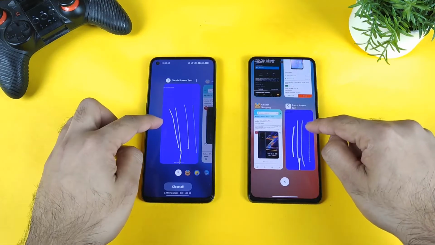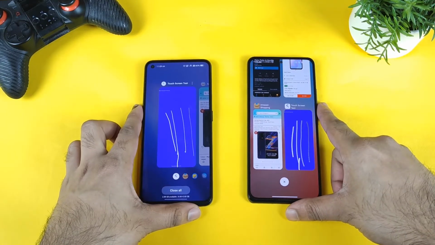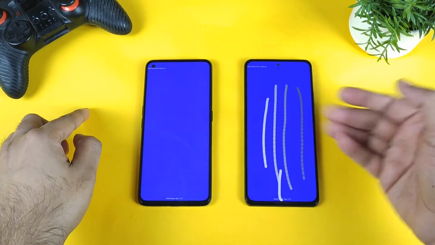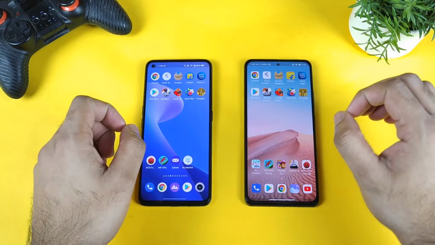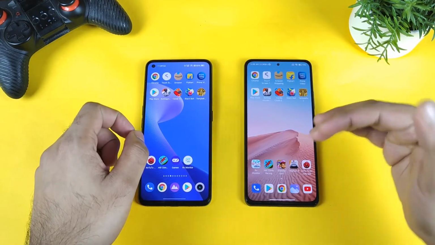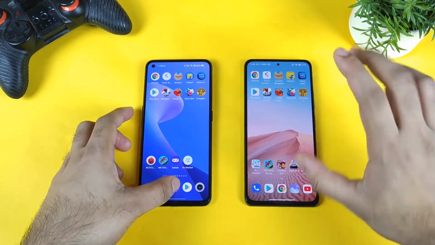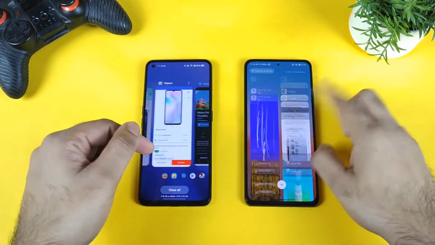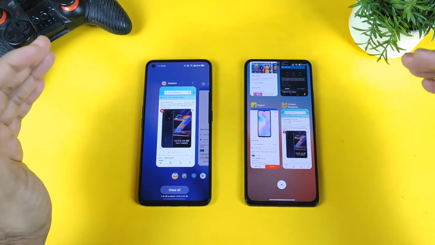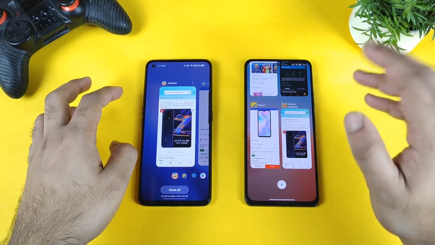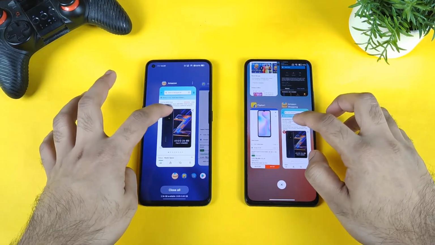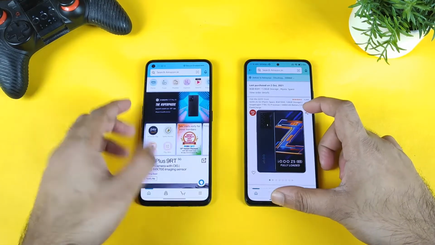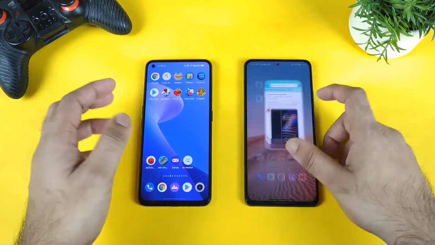Next is the touch sampling rate application. Let's see which phone can actually store these lines in the background. So MIUI and Realme UI 3.0, boom, they were there. After the enhanced version only, friends, MIUI became really well optimized with RAM management. In the beginning, the Mi 11X device didn't perform that well. If you watch my videos, you will definitely understand. But after the enhanced version, it started to behave completely the opposite. It was able to store even 15-20 applications in some circumstances. You can see the same page exactly as it is, it's there. But in the Realme GT Neo 2, it went back to the home screen.